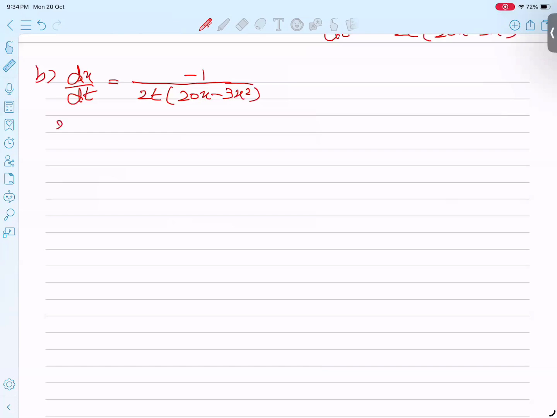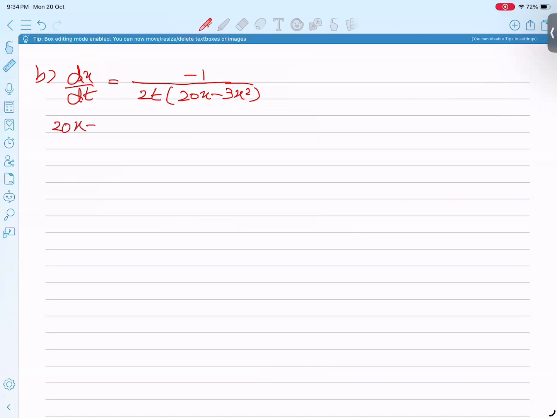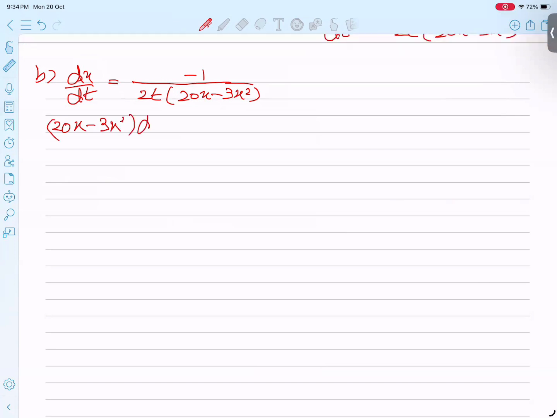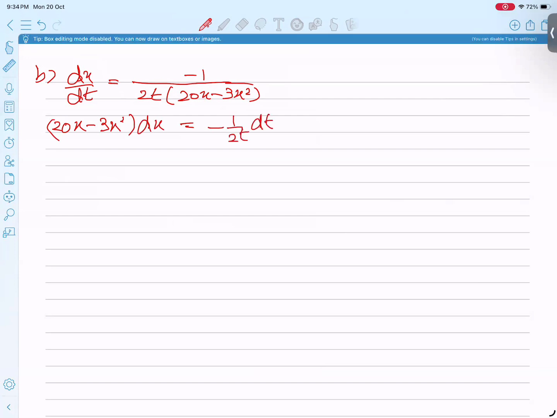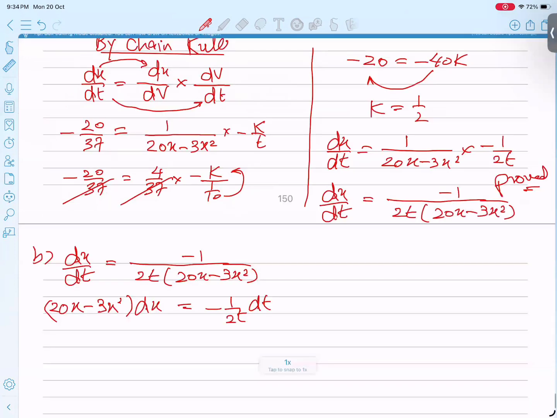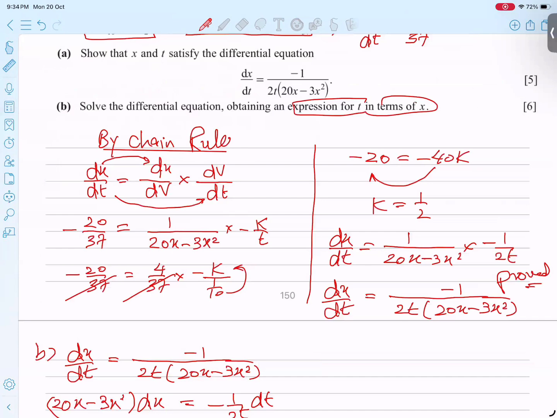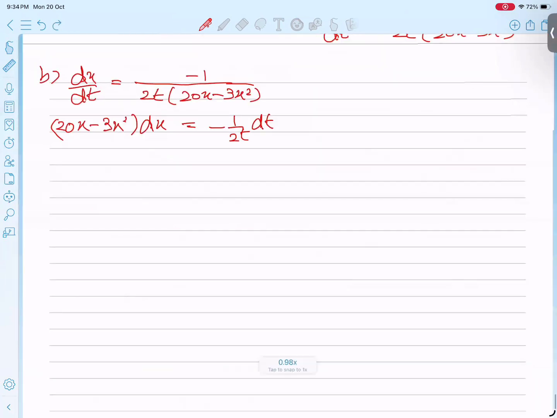So dt will go there, and this x value will multiply there. So I'm writing (20x minus 3x squared) dx is equal to negative 1 over 2t dt. Repeat my words, because t is in terms of x, so we have to make t the subject. So first of all,